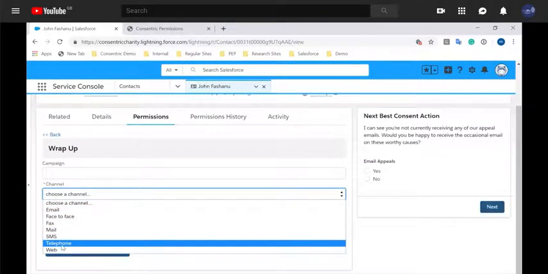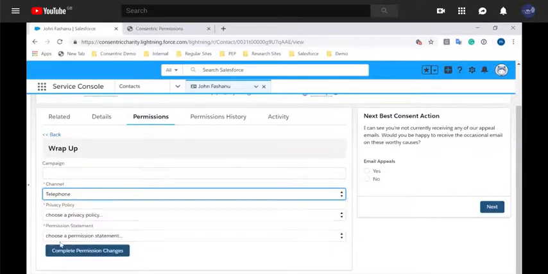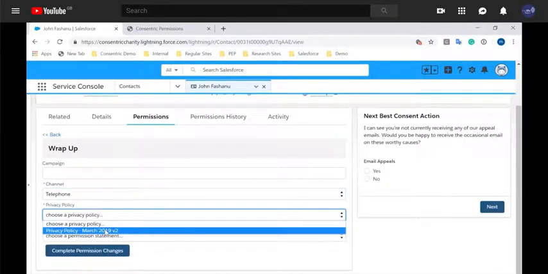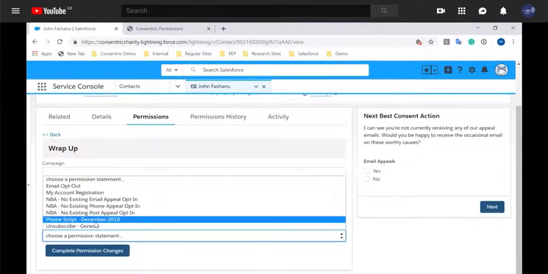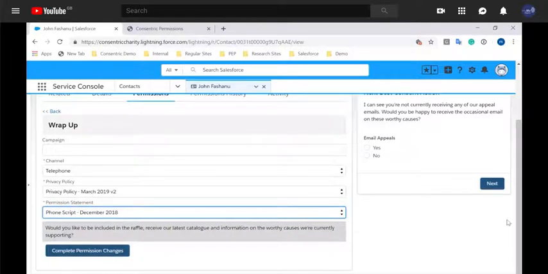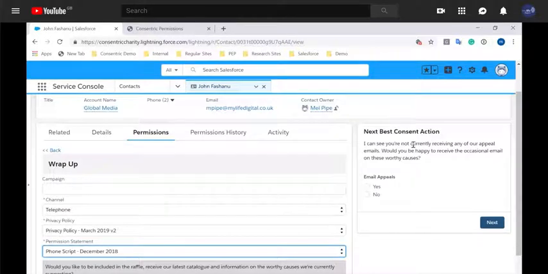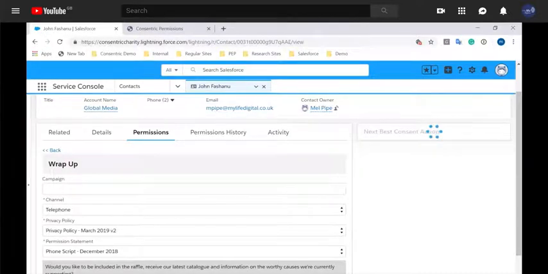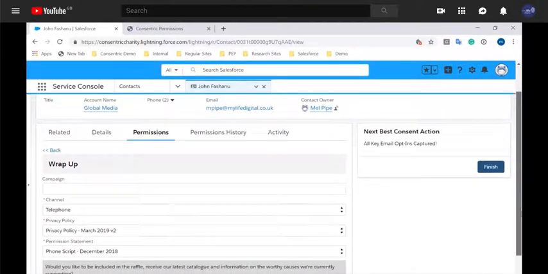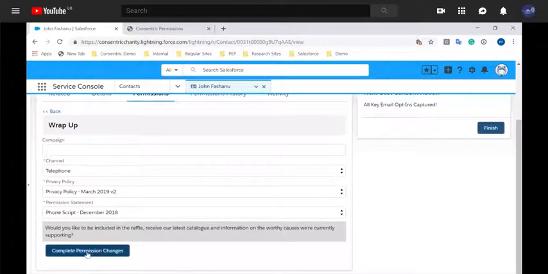Some of your most valuable conversations happen over the phone, so using this opportunity to ask your supporters for their consent and preference is absolute gold dust. However, we understand you rely on volunteers to help you manage supporter requests and activities. Some may have experience, whilst being volunteers, others may not. And our application allows for the next best consent actions, which can help train your teams with clear prompts. We ensure you can uphold supporter requests, making it simple for your supporter care, marketing teams, and supporters themselves to